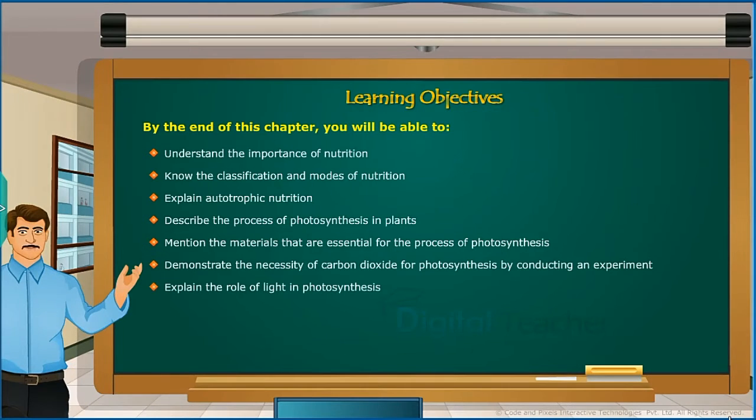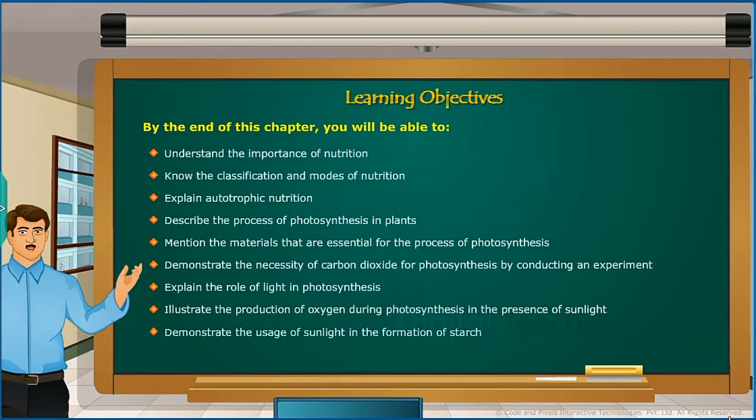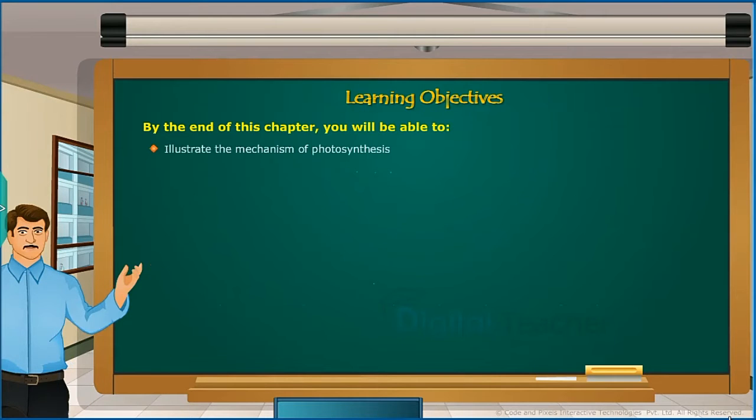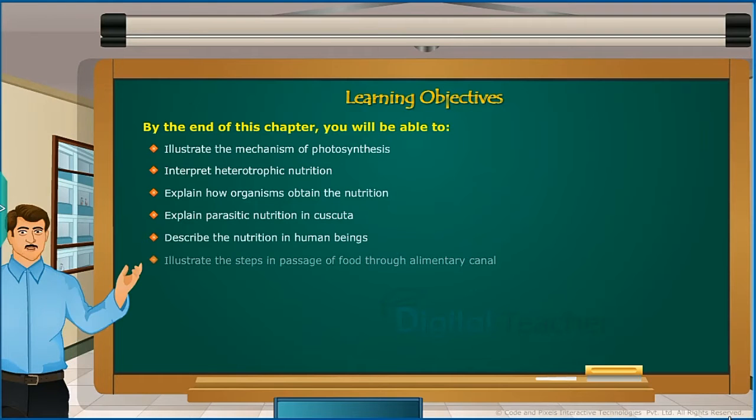role of light in photosynthesis, illustrate the production of oxygen during photosynthesis in the presence of sunlight, demonstrate the uses of sunlight in the formation of starch, interpret chlorophyll and photosynthesis, illustrate the mechanism of photosynthesis, interpret heterotrophic nutrition, explain how organisms obtain the nutrition, explain parasitic nutrition in Cuscuta, describe the nutrition in human beings, illustrate the steps in